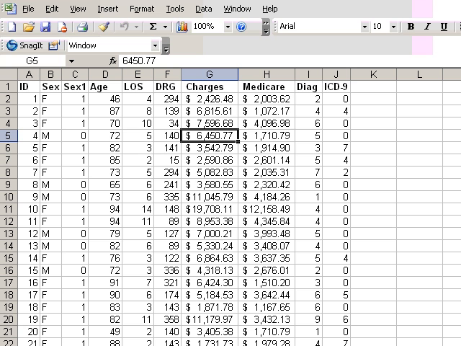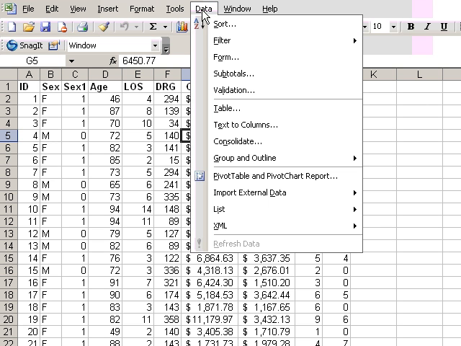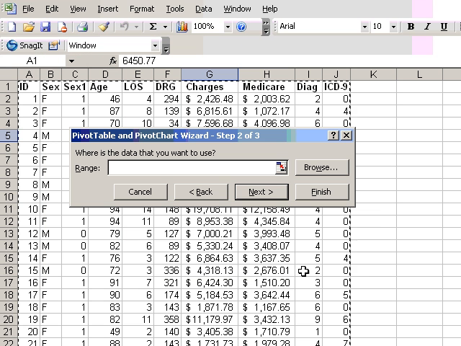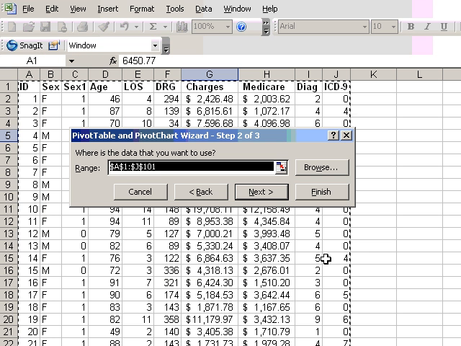When I go to Data and Pivot Table and Step 2 of the Pivot Table wizard, the Pivot Table wizard automatically selects all the contiguous data. One thing that's absolutely essential for pivot tables is that there has to be a label row. Row 1 is the label row in this data set. If there is no label row, the pivot table wizard will treat the first row of the data as the